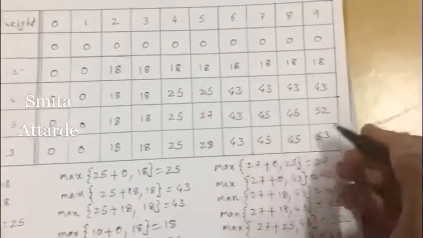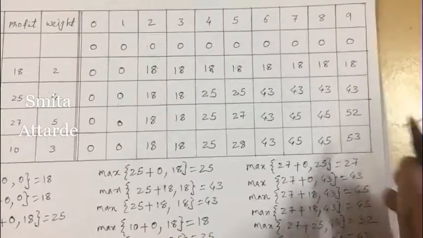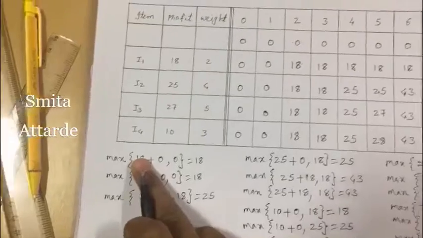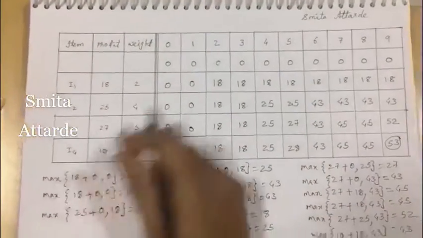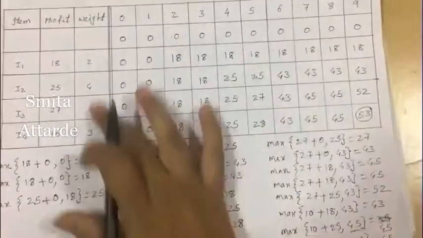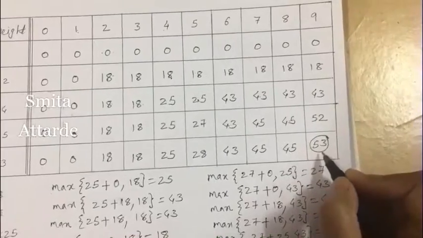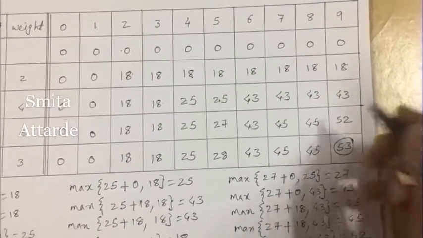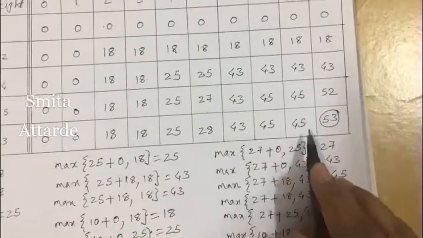Now we know that maximum profit using 0-1 knapsack for this problem is 53. So this is our answer, but we don't know which items we have considered to get this profit. So to find out the items which are considered to get this maximum profit, again we are going to use this two-dimensional matrix. Now we are going to find out how we have got this 53. Is this 53 copied from the above row, or is this calculated for this item?